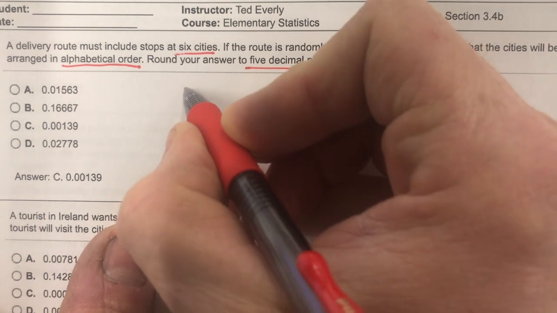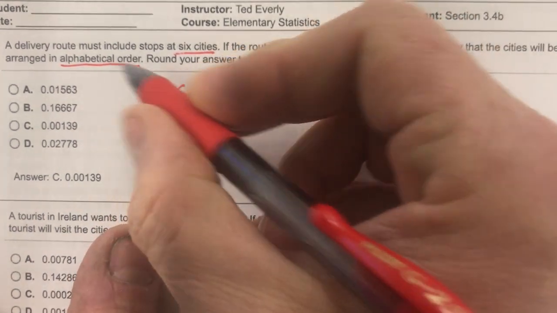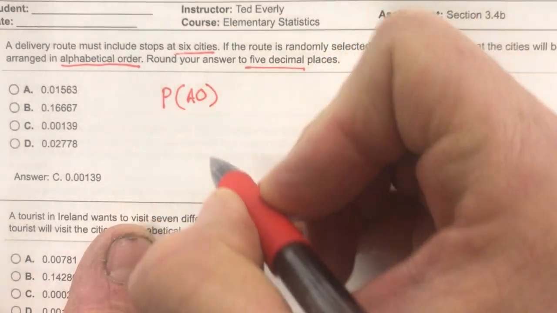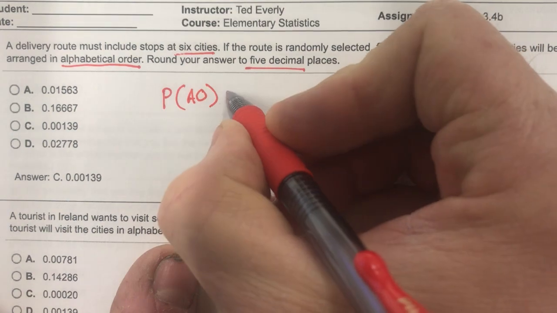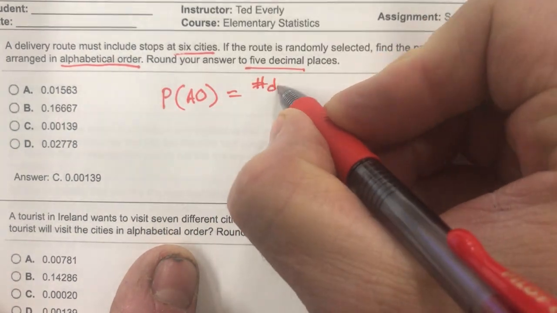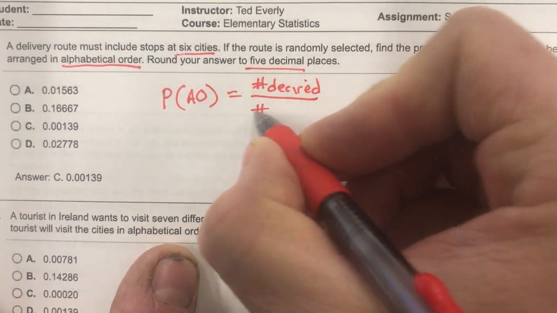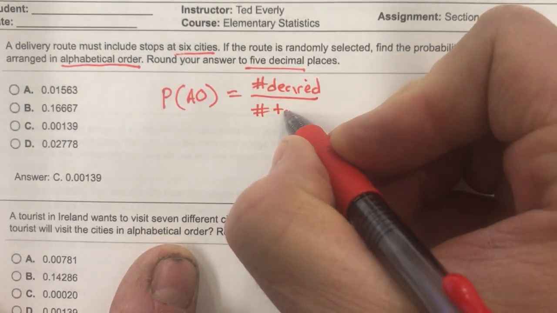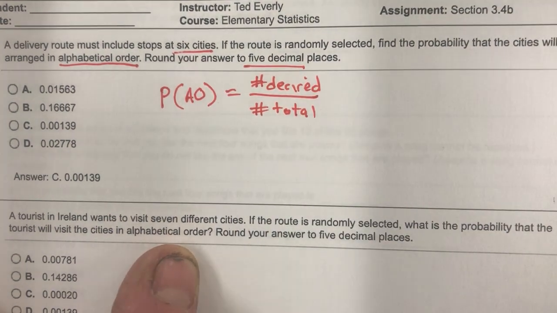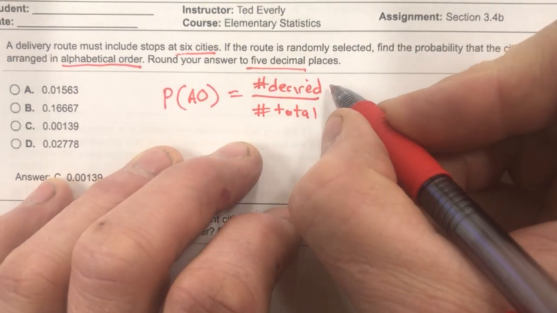All right, so first what we need to do is a probability of our cities being in, I'm just going to put alphabetical order, like that, AO. On top, we have to find the number of desired. On the bottom, we have to find the total number. Okay? Now, what we're doing here is we've got these 6 cities, and what's desired is for them to be